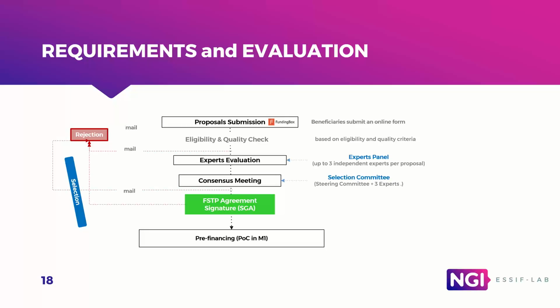After all the proposals are submitted, the evaluation procedure will just start. And then the first stage in the evaluation procedure is the eligibility and quality check. You can see the criteria that will be evaluated during this phase in the guide for applicants, as I told you, but mainly eligibility is based on formal requirements. The quality check is to make sure that what you're proposing is backed by enough track record and experience in the SSI domain, right?